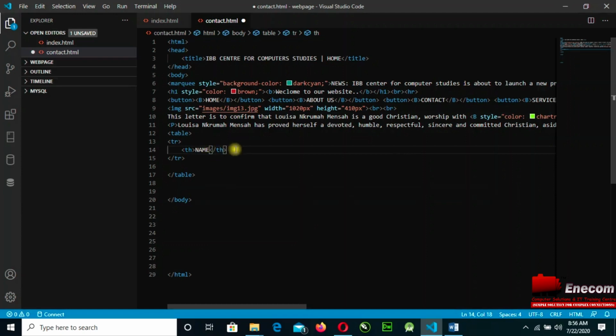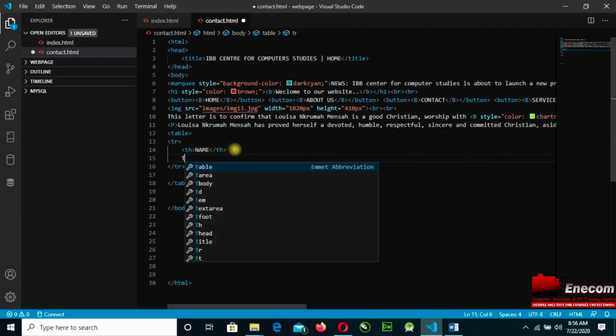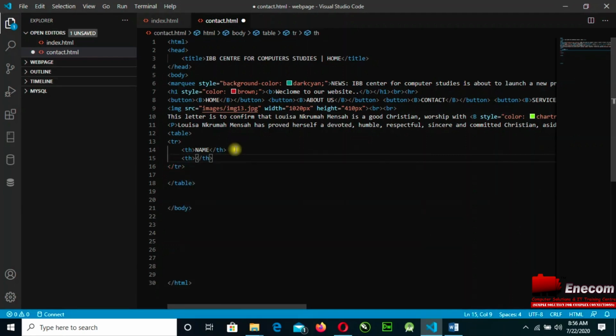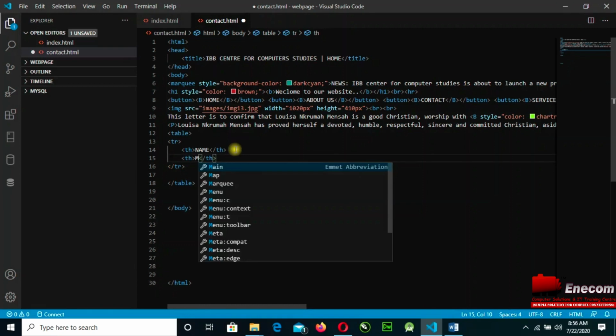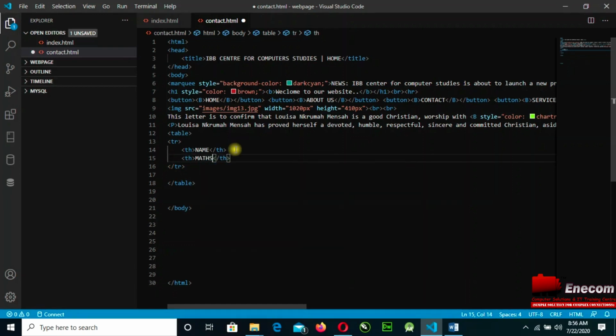Then I will insert another th for data collection, and then I will insert math. So these are the content that I need to collect from my people.